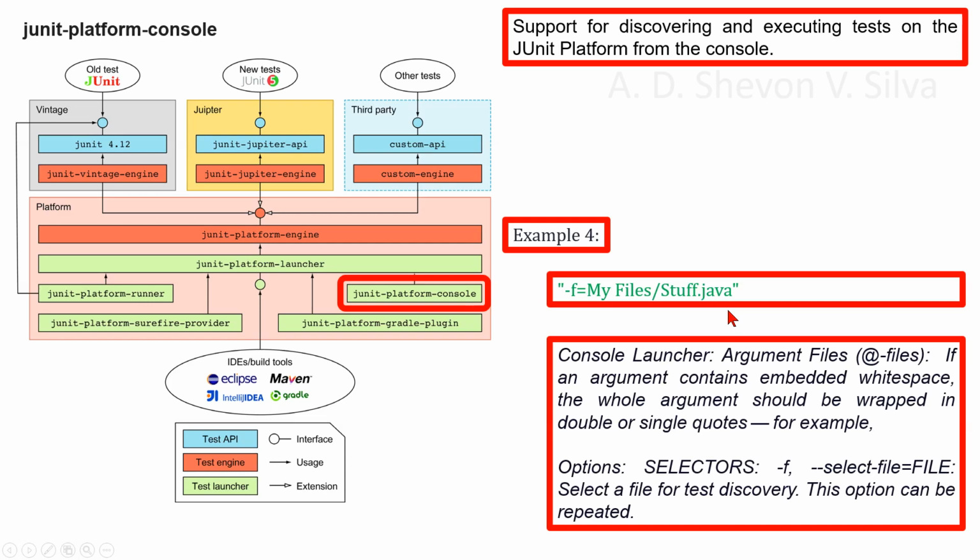If the argument file does not exist or cannot be read, the argument will be treated regularly and will not be removed. This will likely result in an unmatched argument error message. You can troubleshoot such errors by executing the command with the picocli.trace system property set to DEBUG. Multiple @-files may be specified